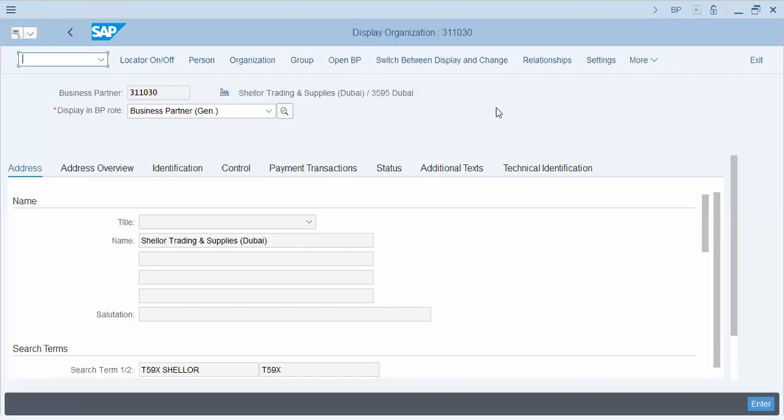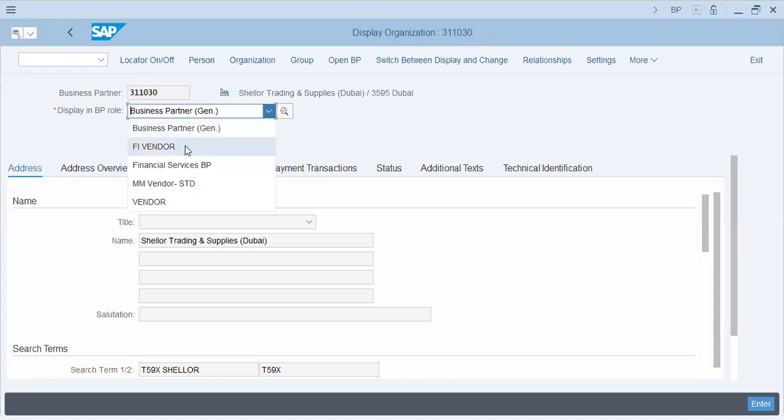Okay, last time we created this vendor, we configured all the settings for creating a business partner, and that business partner was then given the business partner role. This is the business partner and it has multiple roles, FI vendor, vendor. These were the roles that were given to this business partner. Now, let's go and